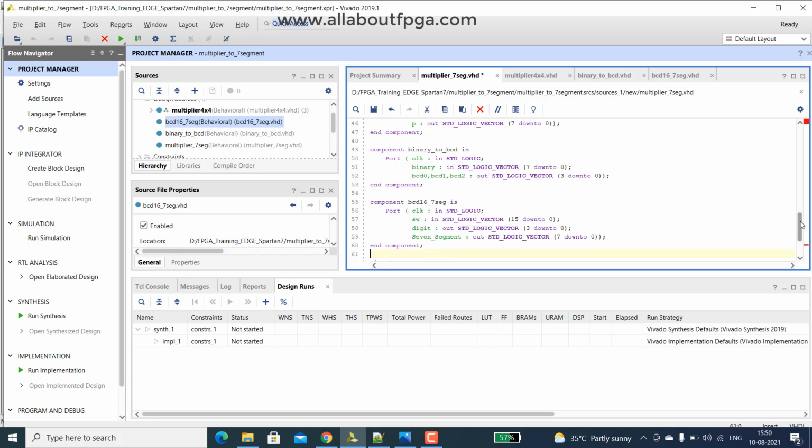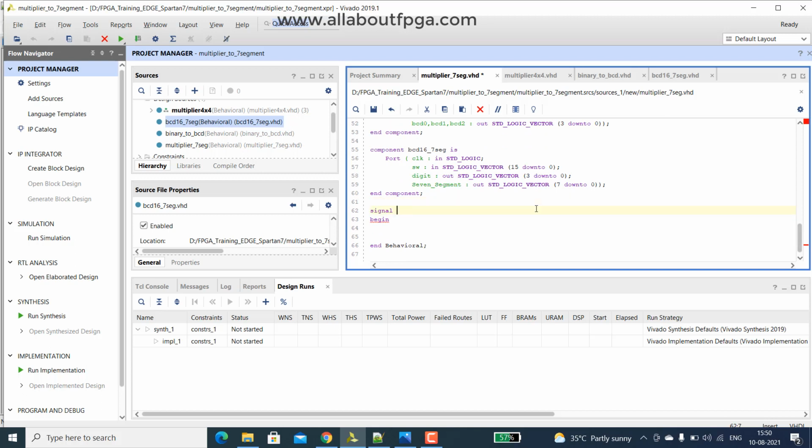Instead of switches to 7 segment display, we have created this BCD output that is going to be supplied here. So just name a signal called product. Then we have std_logic_vector of 8 bits, so 7 down to 0.